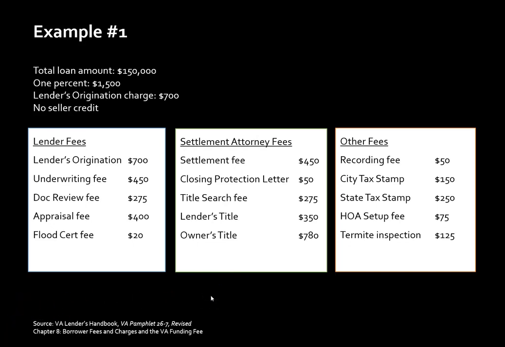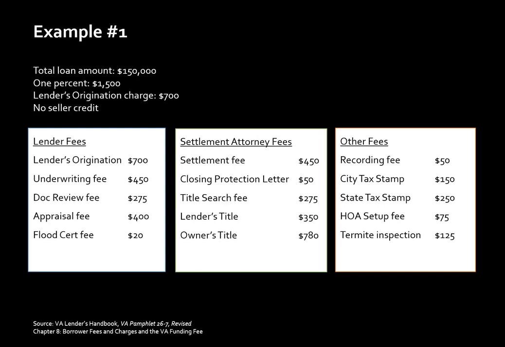So in this example, pretty much everything is okay to be charged to the veteran except for the termite inspection, or $100 of the termite inspection, I should say. And the reason why is because remember, you have allowable fees, which we already went through and covered. Those you don't take into account. What you have to take into account is the lender's flat fee and any